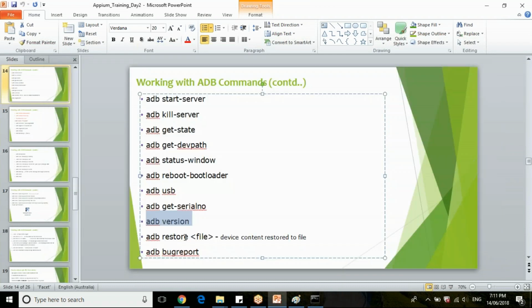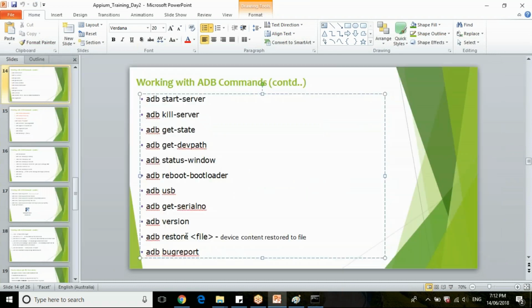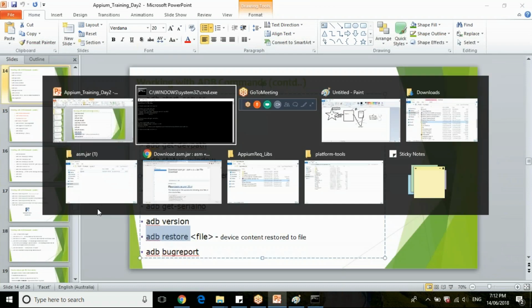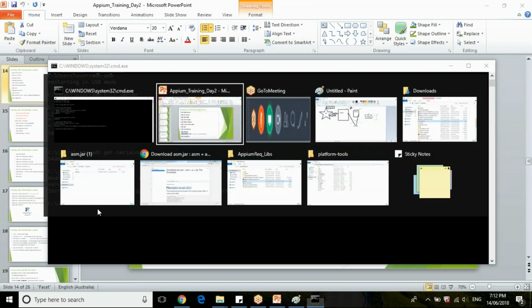Then ADB restore means when the device content is restored, let's say you want to take a backup of your device, it will take a backup and store it. Let me show you. ADB restore C:, ABCD. Let's create a folder here in the C drive.